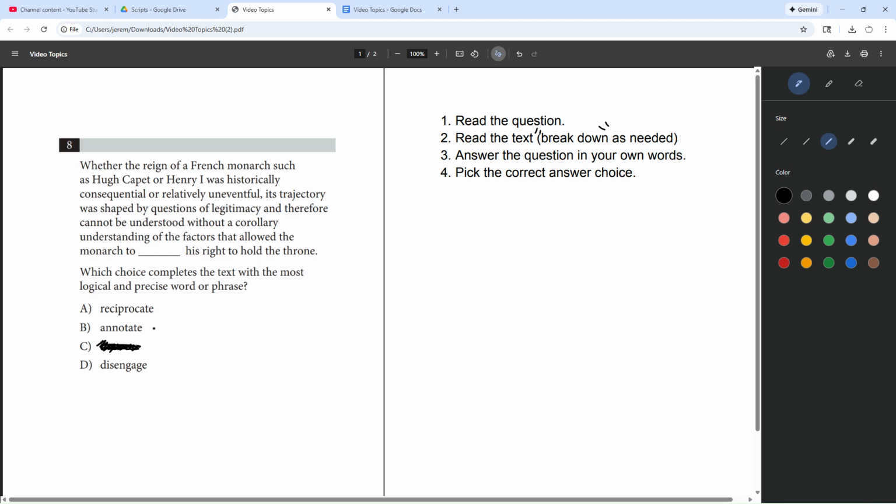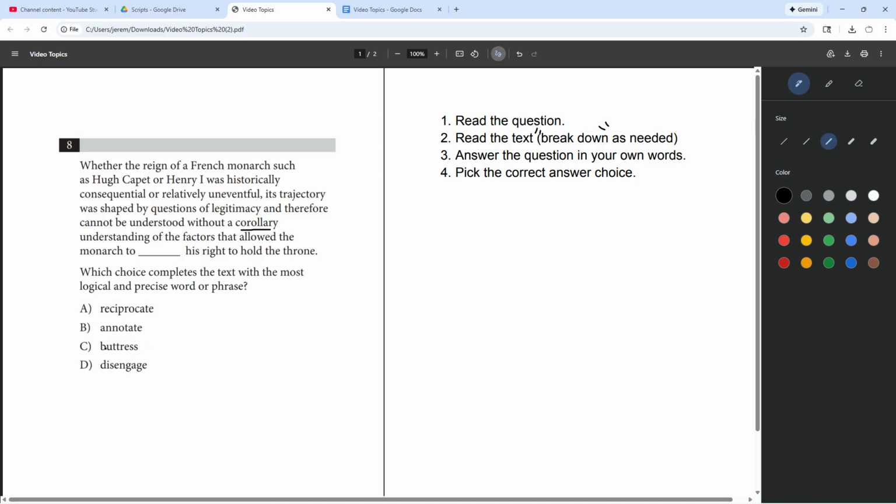So, let's say we didn't know, let's also erase this, so we can look at the word buttress. At the end, I will also tell you what buttress means and corollary. I'll just tell you guys now since we already read the text. Two things that are corollary are like, how do I explain it? I want to give an example, but happening at the same time, basically, without a parallel. It's a synonym for parallel. So without having an understanding at the same exact time of the factors that allowed him to